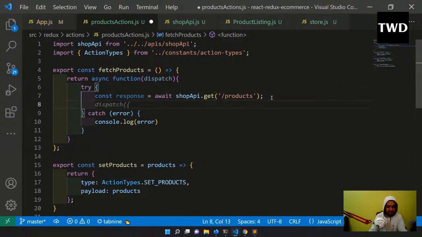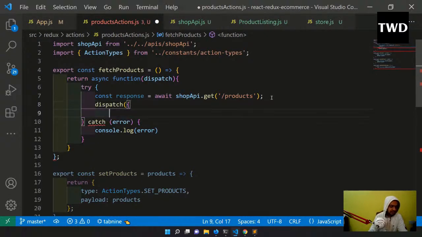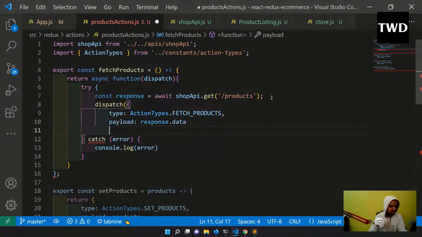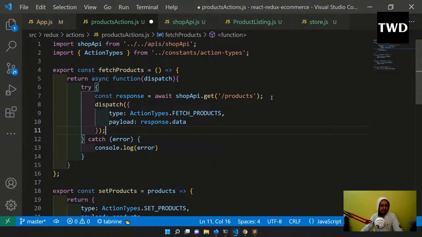Then after that we have to dispatch this. Type is action payload fetch products, and payload is response dot data. So this dispatch is done, and this is done like this. So dispatch will be working like this. So this is how our Redux Thunk will work. Okay, so now